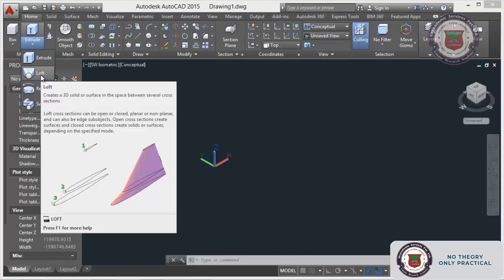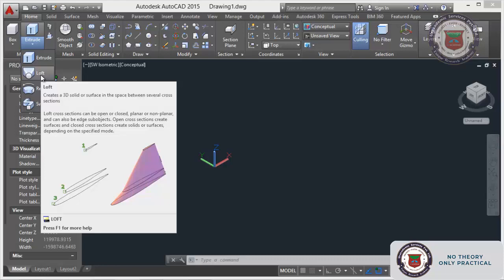Loft cross sections can be open or closed, planar or non-planar, and can also be edge subobjects. Open cross sections create surfaces and closed cross sections create solids or surfaces depending on the specified mode.